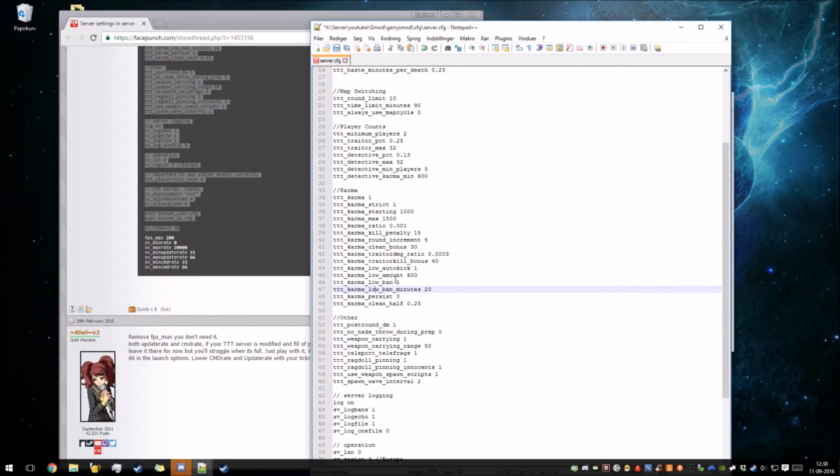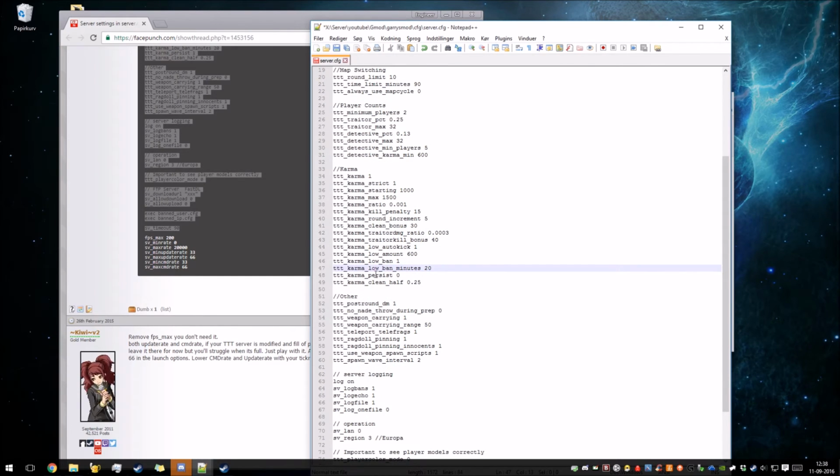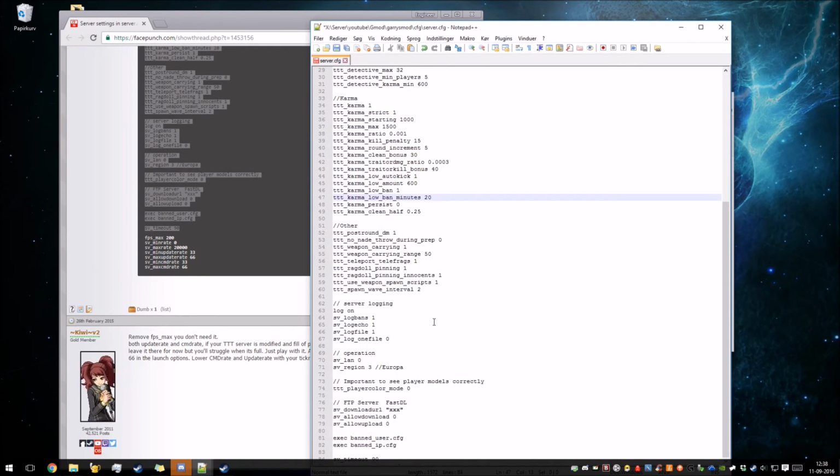This means that if it changes map, all the corpses will be reset, but if you set it to persistent, the corpses will be persistent across maps. And this part, the FTP server, I'll explain in another video I'll make later, so don't worry about that now. You just save it,